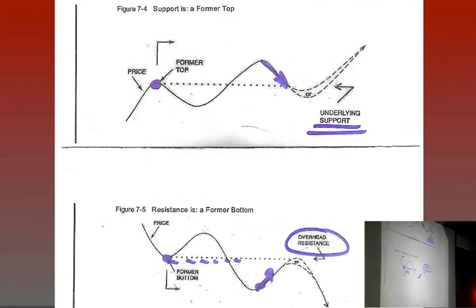You could make an entire trading strategy just based upon support and resistance only. As a trader, you have to know when you want to enter a position. If you're bearish, you want to enter on a rally just below the closest overhead resistance. If you're a bull, you want to buy a dip to just above the closest underlying support, and you want to put in your protective stop order. You always have to know when you're going to get out. That's actually more important than knowing where to get in. As soon as you get in, you've got to know where you're going to get out, because to be a successful trader, you've got to take a lot of losses, and they've got to be manageable losses. They can't be a knockout punch.